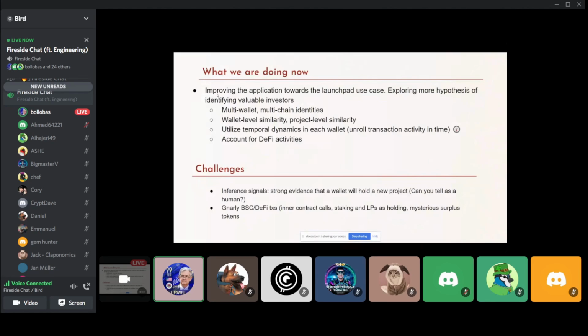And likewise, if you love holding gaming projects and we have a gaming project at the Launchpad, we want to explore project level similarity and use that information to granularize our prediction for your holding time specific to this project type. And then, yeah, there's more stuff. Instead of collapsing all the transactions of this wallet into one row that we saw in that CSV, we can input all the transactions of that wallet